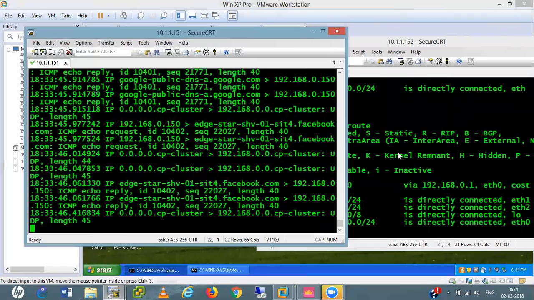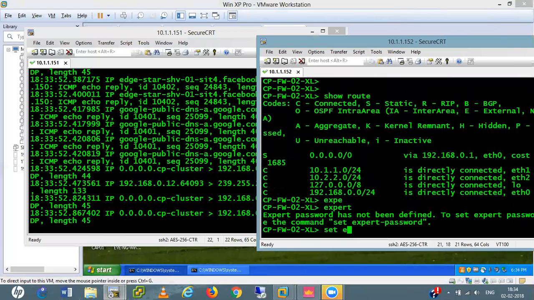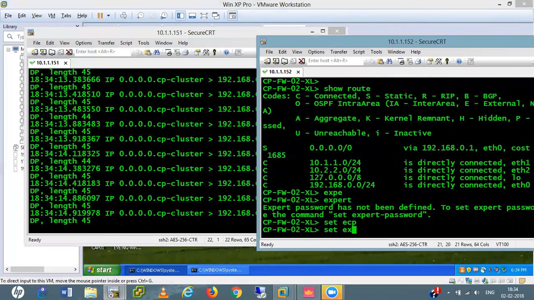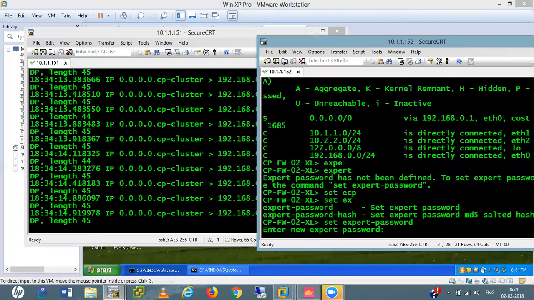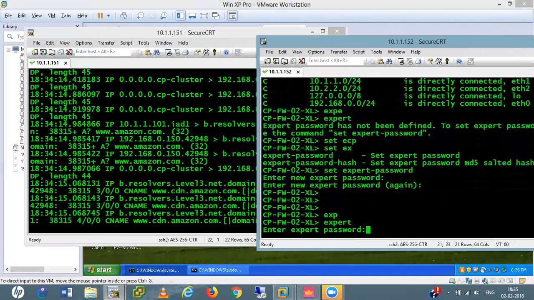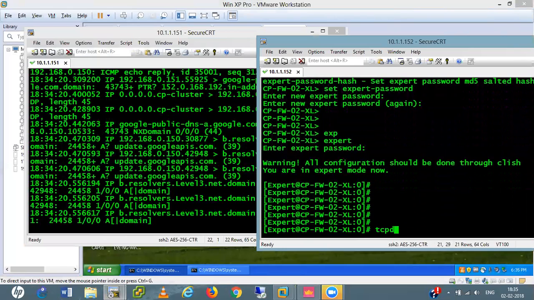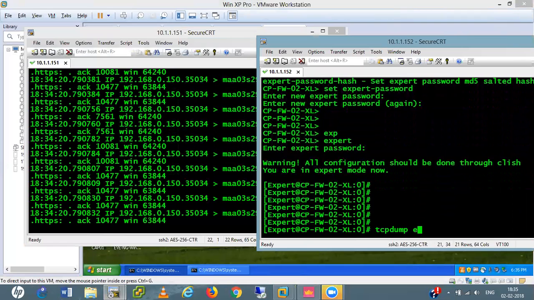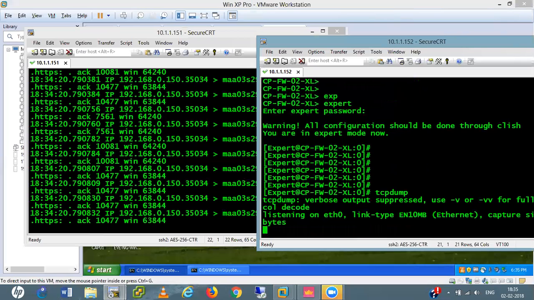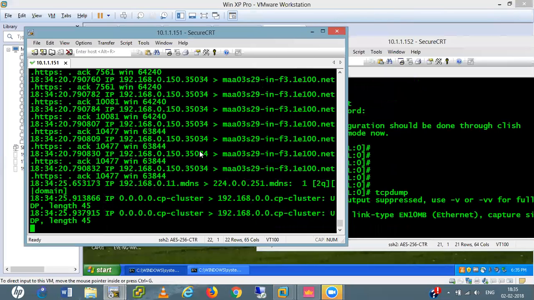See, this is the traffic going to this IP. If I also run this command, expert, set expert password admin@123, then expert and tcpdump, I can check how traffic is going.